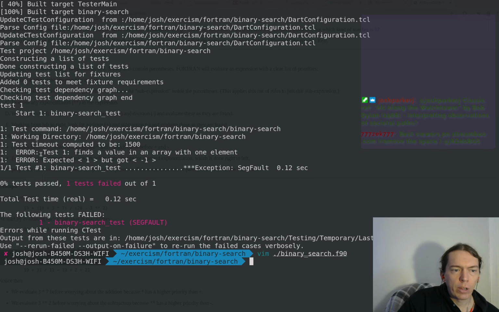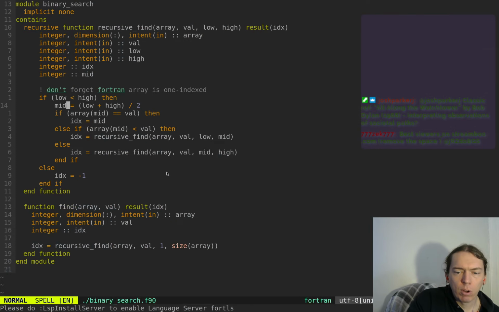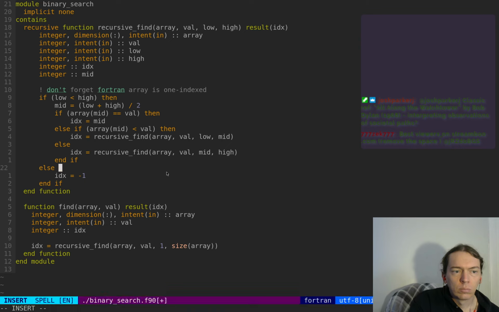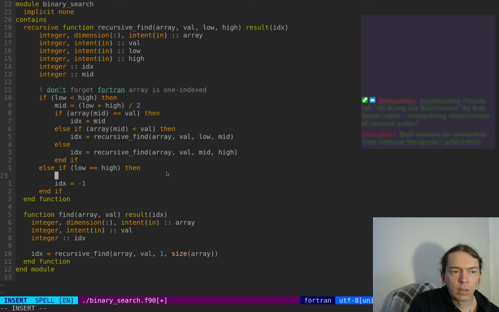Okay, so let's look at this one. Test 1. Finds a value in an array with one element. Expected 1, but got -1. Okay, so that one, that's a pretty clear error, right? So else if low equals high, then I guess this would be